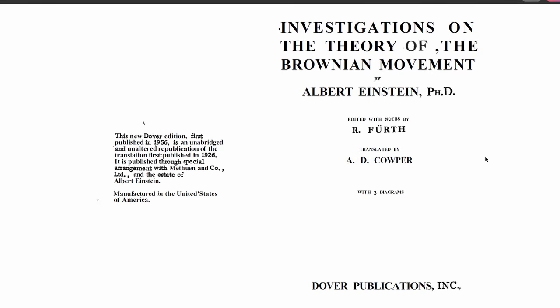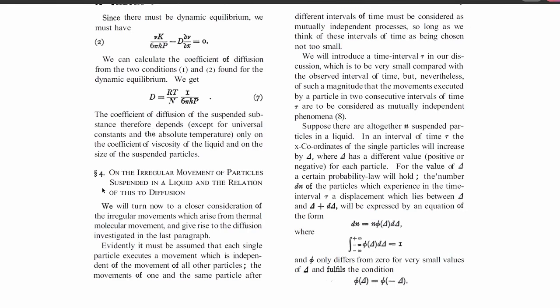In the final part of this video, we're going to read an excerpt of Einstein's original paper on Brownian motion. Although mathematically equivalent to our derivation, Einstein's exposition is a little bit different. Our derivation largely follows that of Smoluchowski, and we will pay special attention to the physical modeling assumptions of Einstein's argument. Here, section 4, on the irregular movement of particles suspended in a liquid and the relation of this to